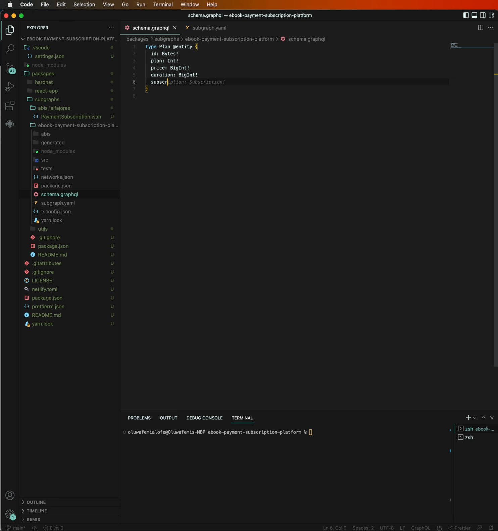All right, so subscriptions. And the way we can do that with Subgraph is this: subscription derived from plan. You can read more about derivedFrom in the subgraph documentation. There is many-to-many, there's one-to-many. This is basic one-to-many. And then we need